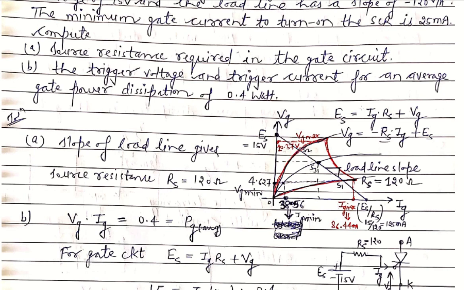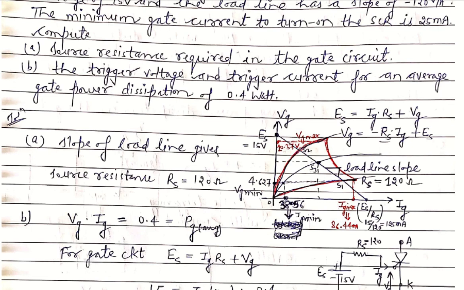And Es is the other operating point. These operating points can be calculated by putting x equals 0 on the y-axis and y equals 0 on the x-axis. By this expression, you can easily obtain these intersection points. Es is given as 15 volt. Now our Ig obtained to be 38.56, which is the minimum value of gate current, and it is higher than the latching current. According to this point, we get Vg maximum and Ig minimum points on the characteristics.